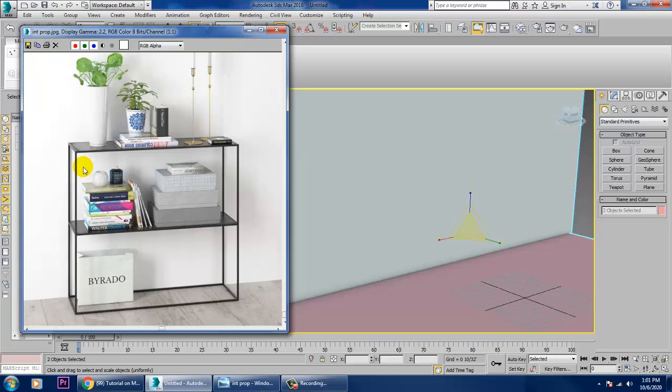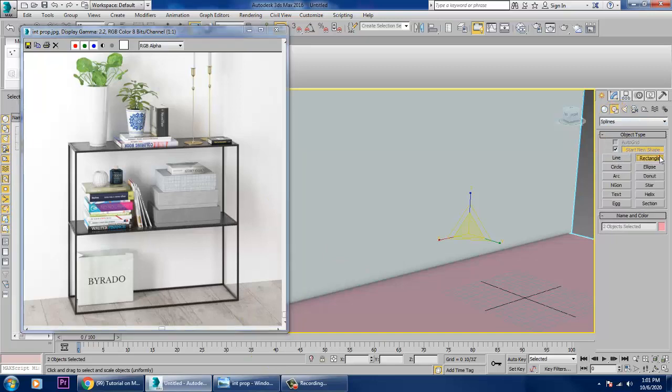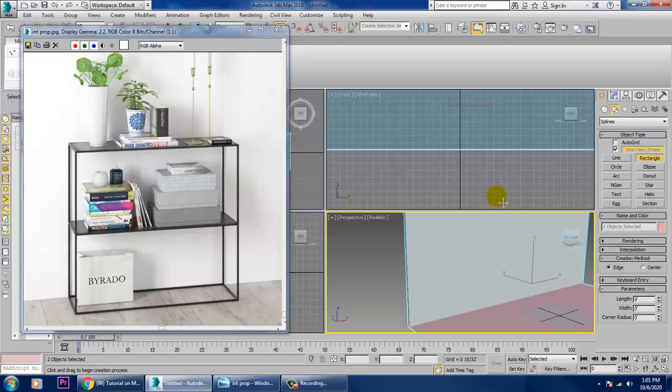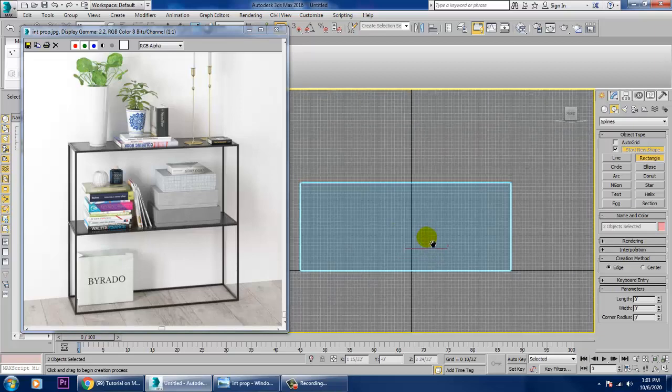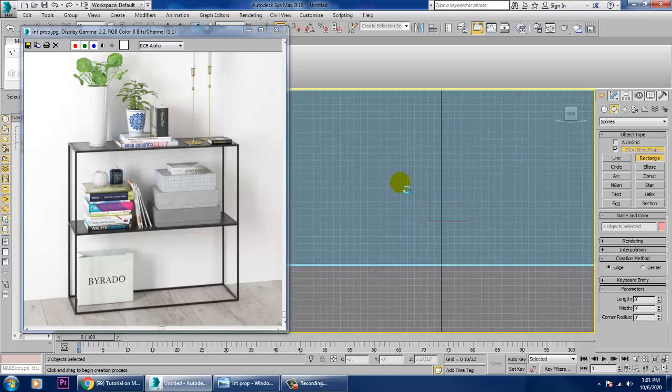So let's take a rectangle over here. You can even take a box also, but it's better we take a rectangle. Let's take a rectangle in this way.